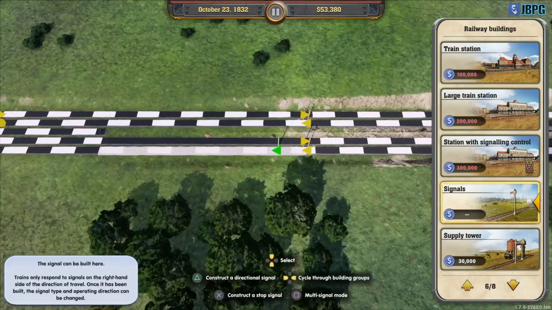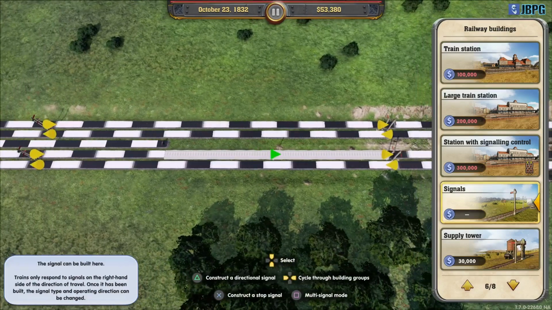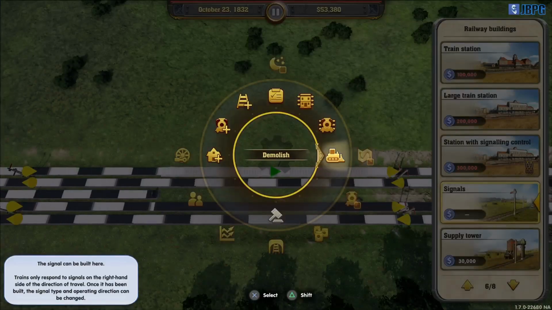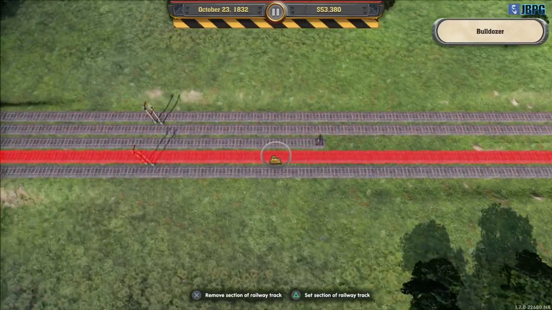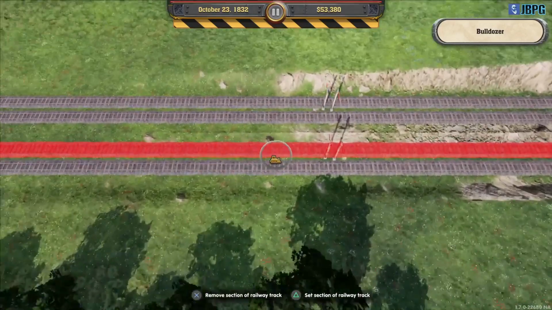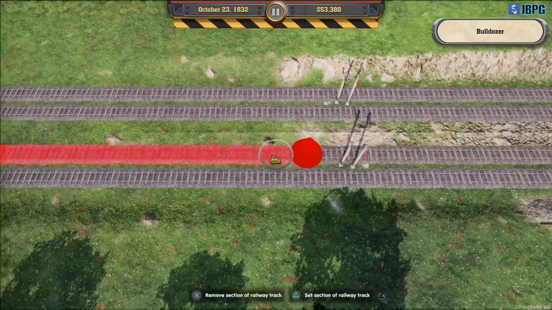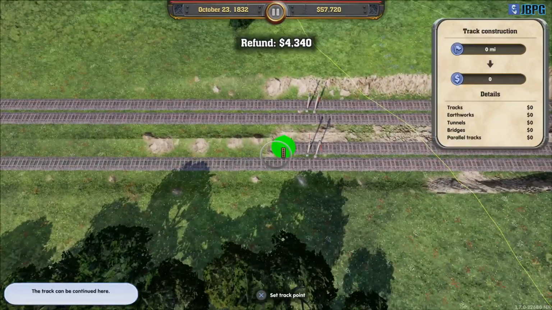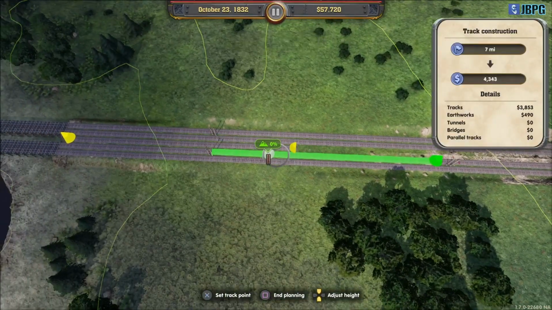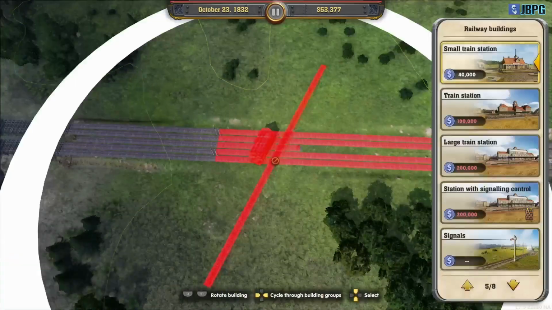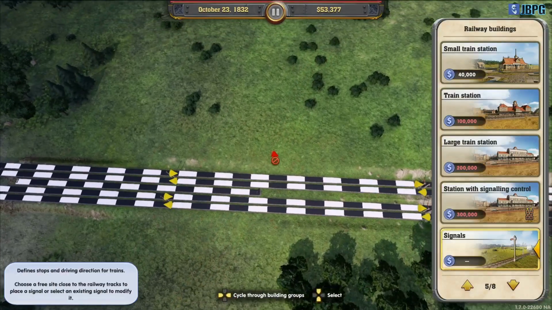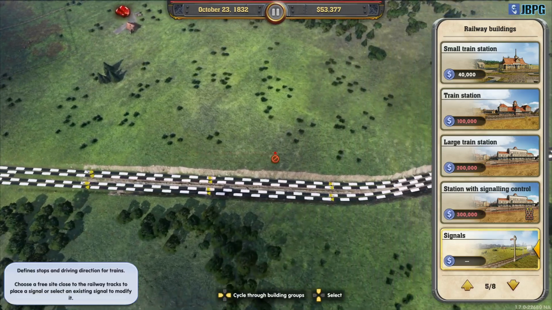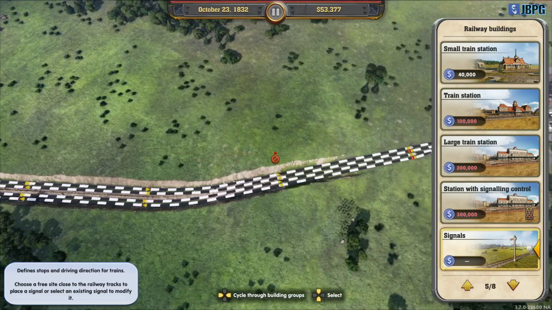Why do I have a bit of dead track? I'm worried that there's a problem on the line over here. Take this piece out completely. Put it back in again. Oh, there we go. Now it's flowing properly. Maybe it's just a visual glitch, I don't know, but rather than take the risk of having a problem piece,